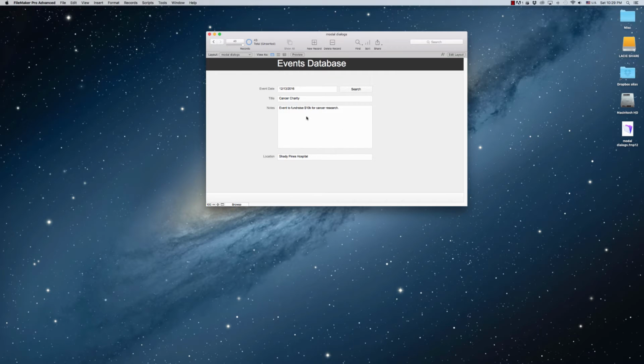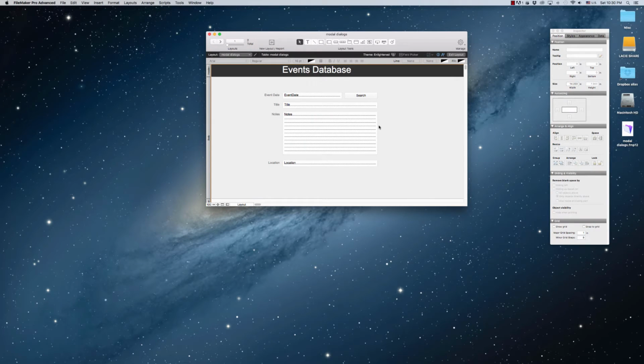And once I've clicked one of those two options, then we return to our normal layout where we can continue editing as we want to. All right, so that's called a modal dialog, and I'm going to show you how to make one. Okay, so the first thing we're going to do is go into layout mode, and we are going to